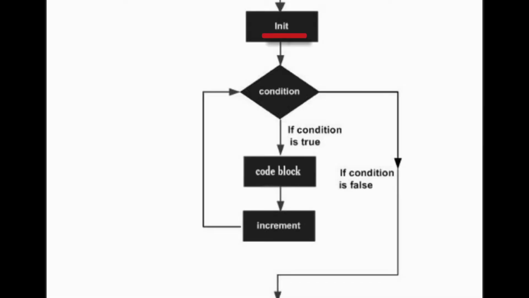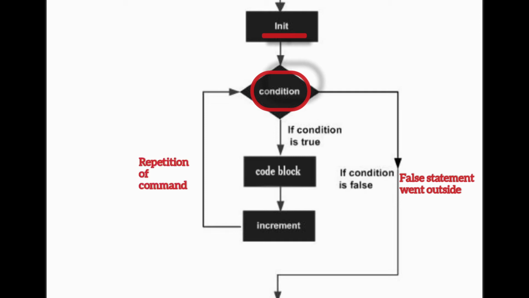Let's have a look at its flowchart. Guys, be serious about this, because this is what will help you make the for loop clearer, and then you may easily initialize it. First it will initialize the value, and then the condition is applied. If the condition is false, then control goes outside the for loop and it does not execute further, and probably the result is blank. But if the condition is true, then it will proceed to the body of the loop, and further the repetition control structure will take place.